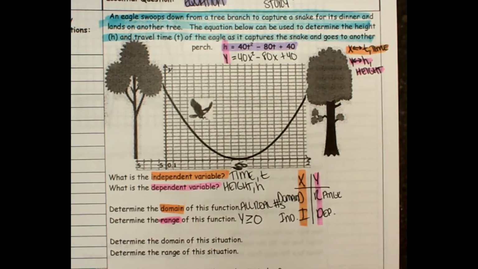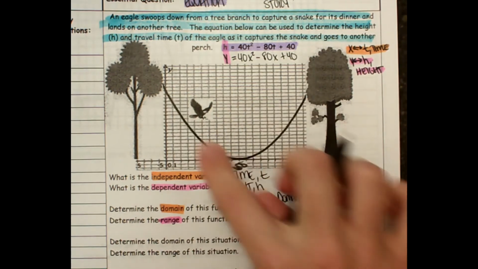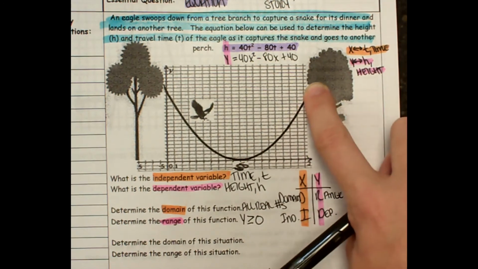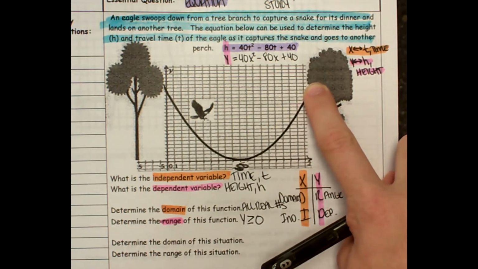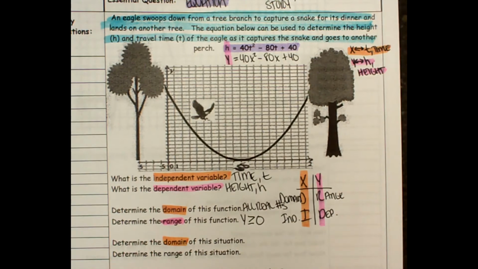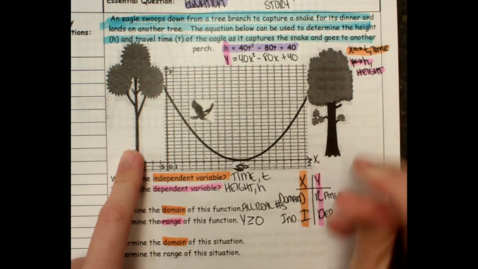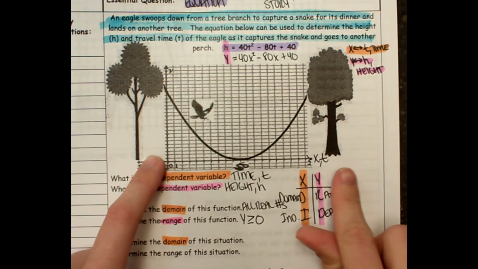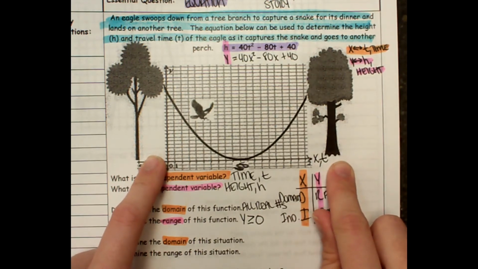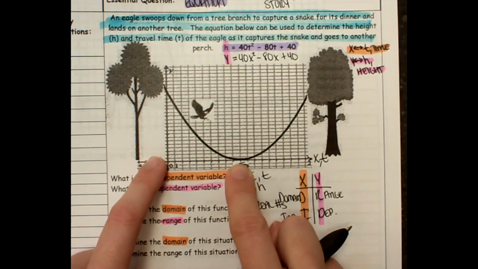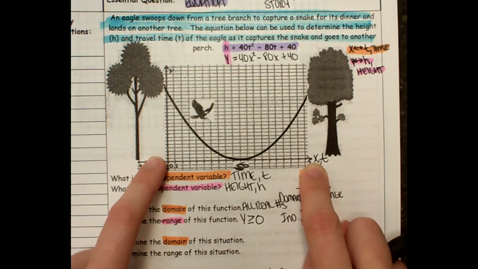But now it wants to know of the situation. So looking at my situation, the eagle started at 40 feet high. He flew down, got your snake. 2 seconds later, he was back in the tree 40 feet high again. So determining the domain, the x values of the situation, we're looking at your x-axis. We need to remember he started at 0 time. Your x-axis in this scenario is time. So he started at 0 seconds. He caught the snake at 1 second,